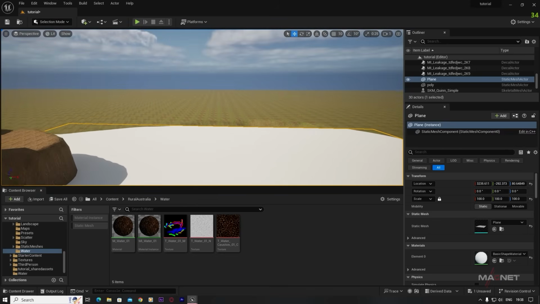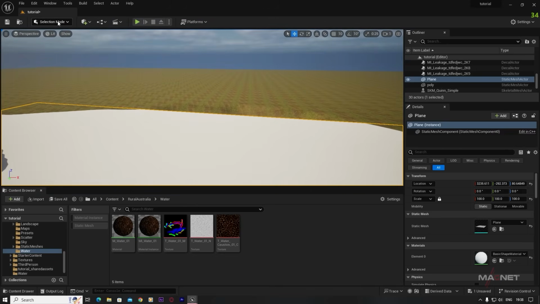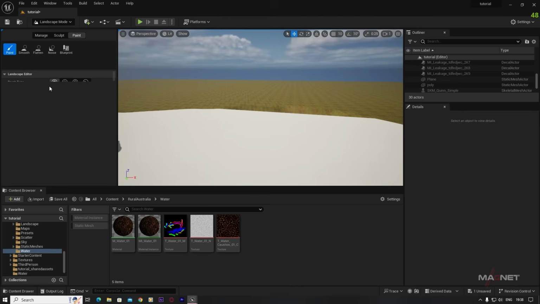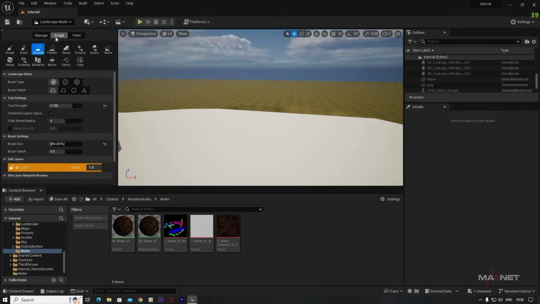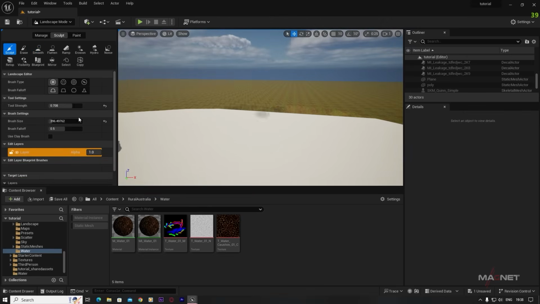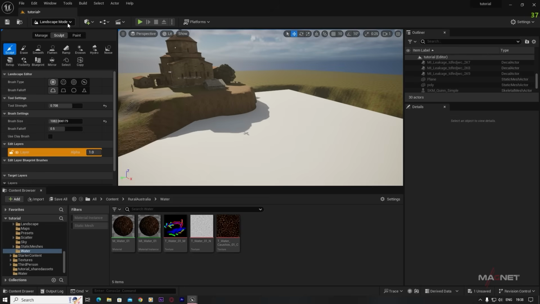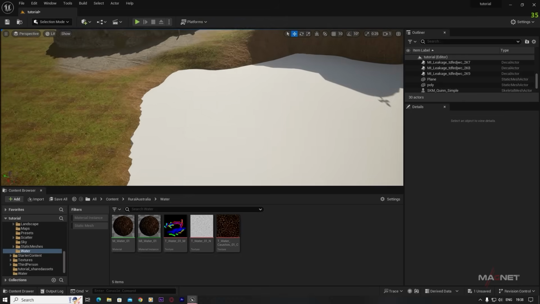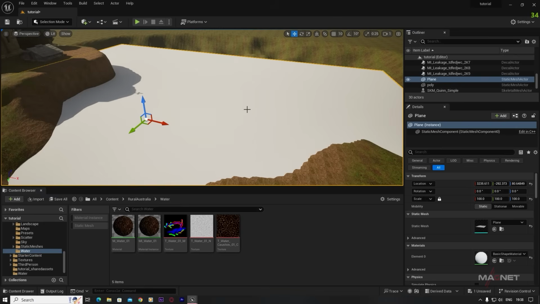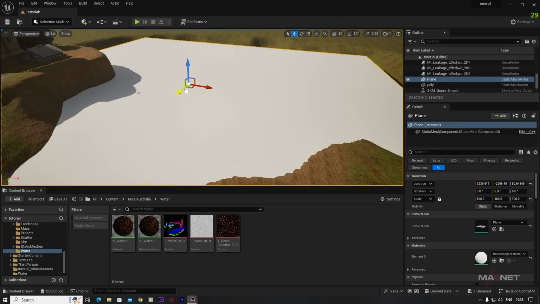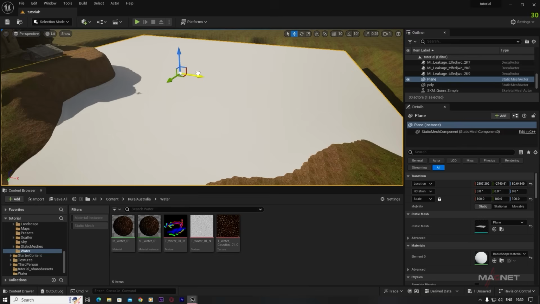And if you want you can also extend this river. So maybe you can just go to this landscape mode here, and select this sculpting tool, go to this sculpt, and we maybe increase this brush size also, and press and hold the shift key, and just make this area a little bigger. Go back to our selection mode, and then we select this plane and we extend it here. Maybe we increase its overall scale,